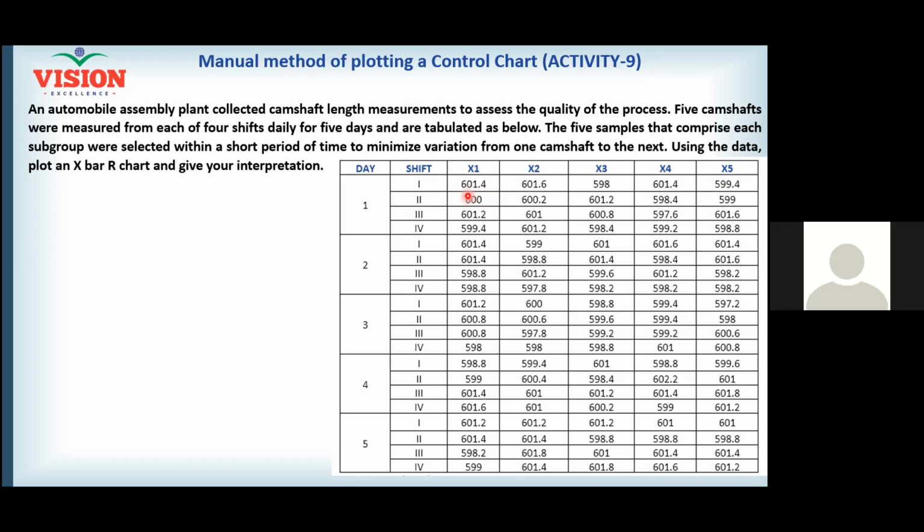Correct. Every point represents a big population, right? Or a big portion of the population. Because this sample of 5 represents everything your company has produced in shift number 1. I don't know how much your company could produce, but if this is wrong, everything could be wrong. And then you can't send everything to market. If you send everything to market, your brand name will be spoiled.